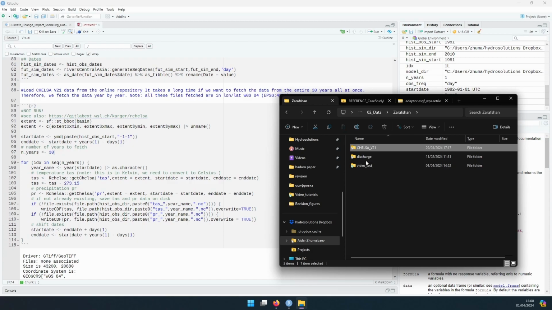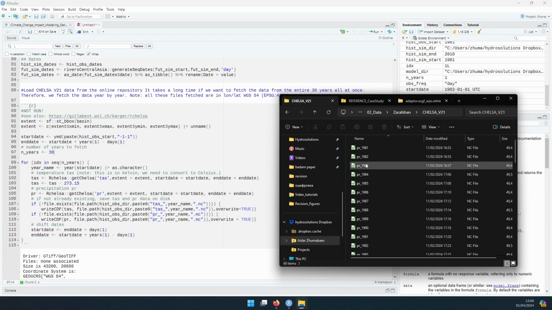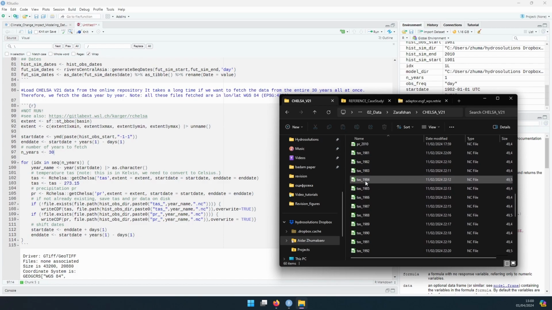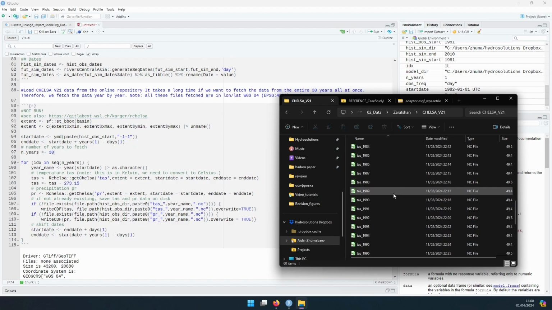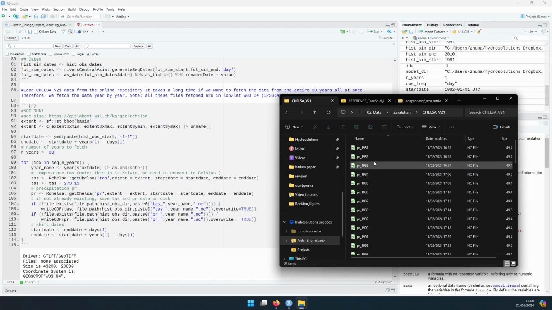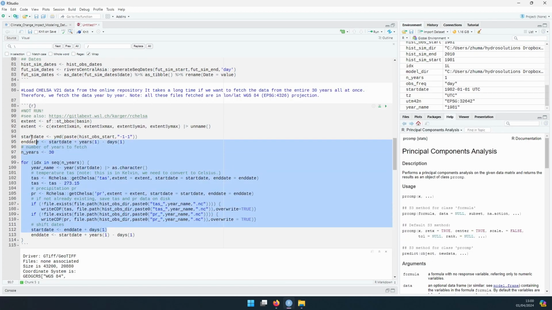For example, here I downloaded to the folder Chelsa 30 years of precipitation and temperature data. There are 60 files here, and I downloaded these files by using this code and using this 30 in the variable number of years. If you, for example, need only 1 year of data, for example, like this, you need